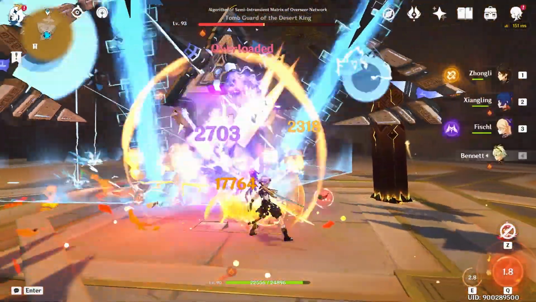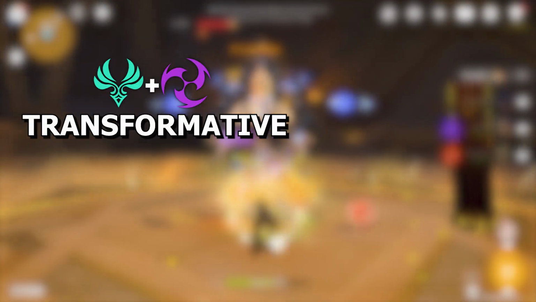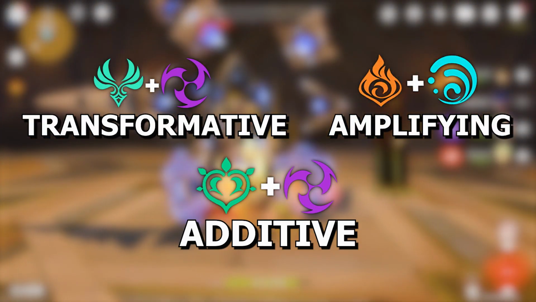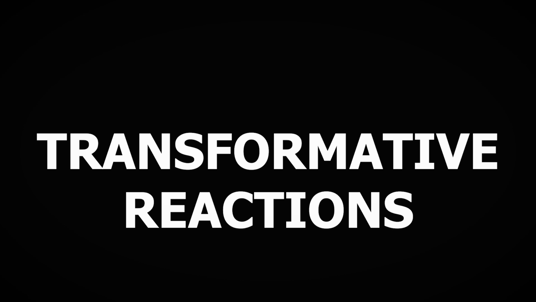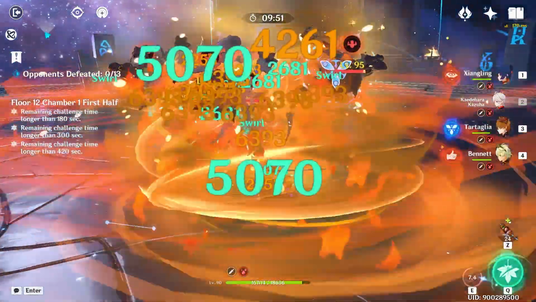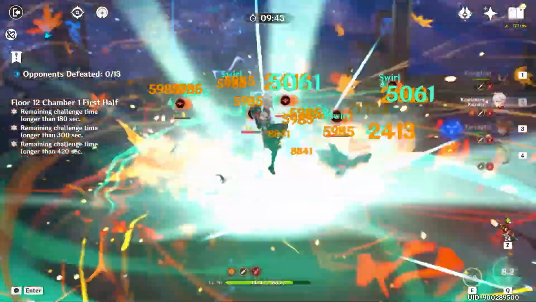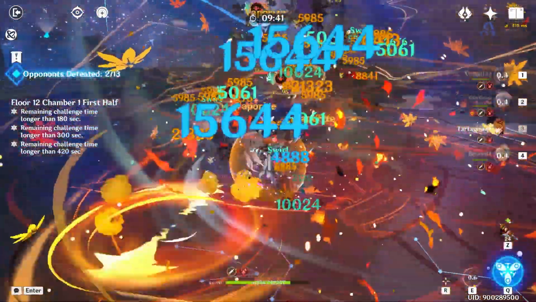And talking about types of reaction, there are mainly three different types of elemental reactions: transformative reactions, amplifying reactions, and additive reactions. First are transformative reactions. Transformative reactions include overload, shattered, electro-charged, superconduct, swirl, burning, bloom, hyperbloom, and virgin. These reactions deal their own instance of damage which is separate from the attack triggering them, and these reactions have